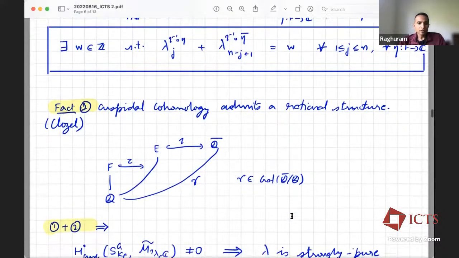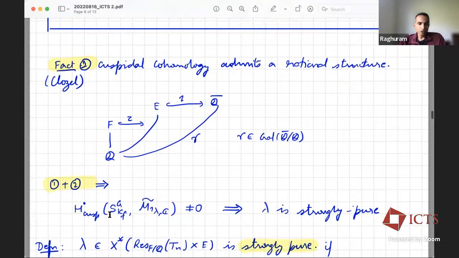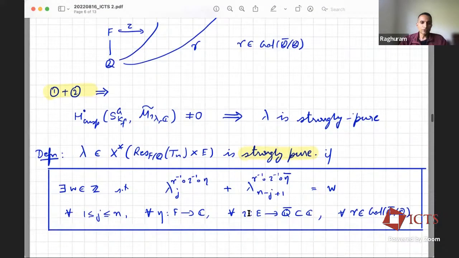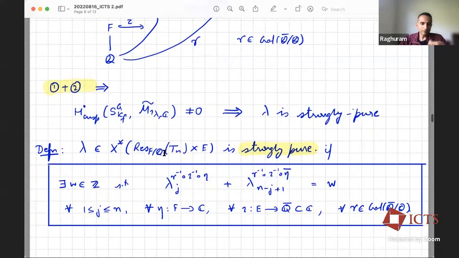In particular, if a weight has to support cuspidal cohomology, then not only should this weight ιλ be pure, but every Galois conjugate of ιλ has got to be pure. And this additional condition that every Galois conjugate is also pure, I will call strong purity. So strong purity now takes this shape, and I can talk about this for weights defined purely at an algebraic level. I should have said, a dominant integral weight for the torus for G